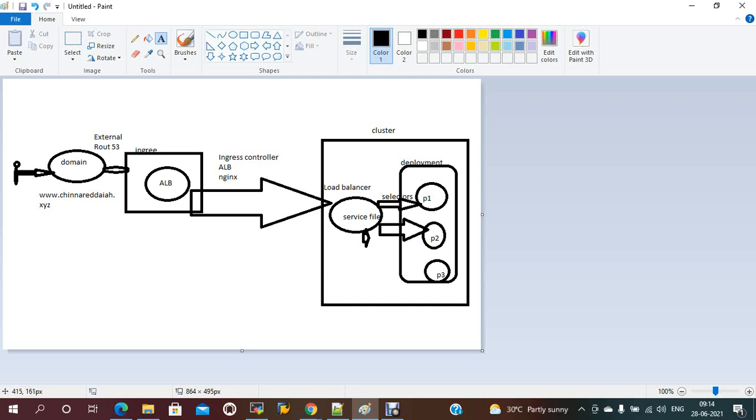Using Ingress, we will maintain the services in Kubernetes using the Ingress controller with the ALB load balancer. With the ALB Ingress controller, we can access different services. Okay, if it is a single application, we can directly access it with the domain name and service. Okay, and the Ingress file I will show you in another video.